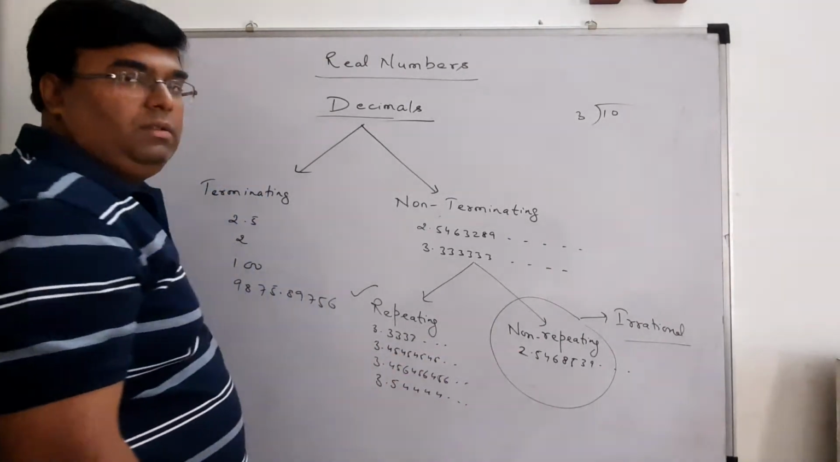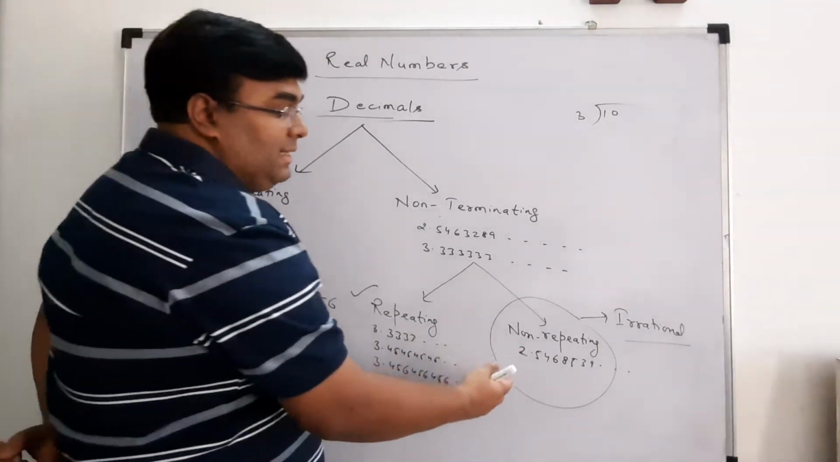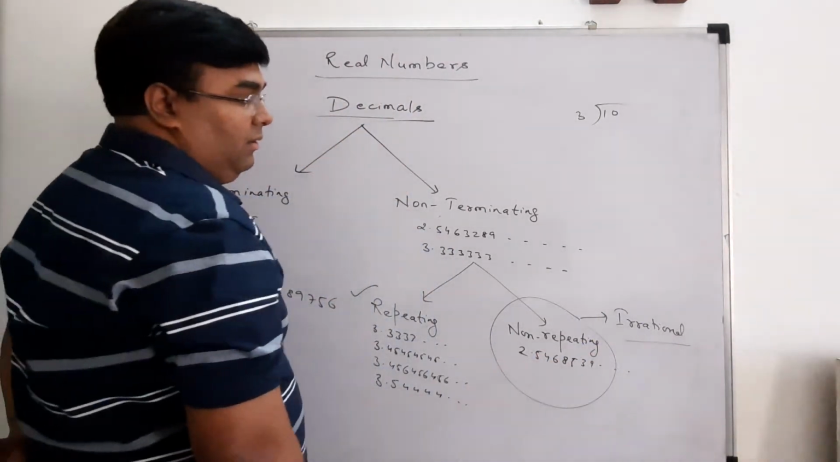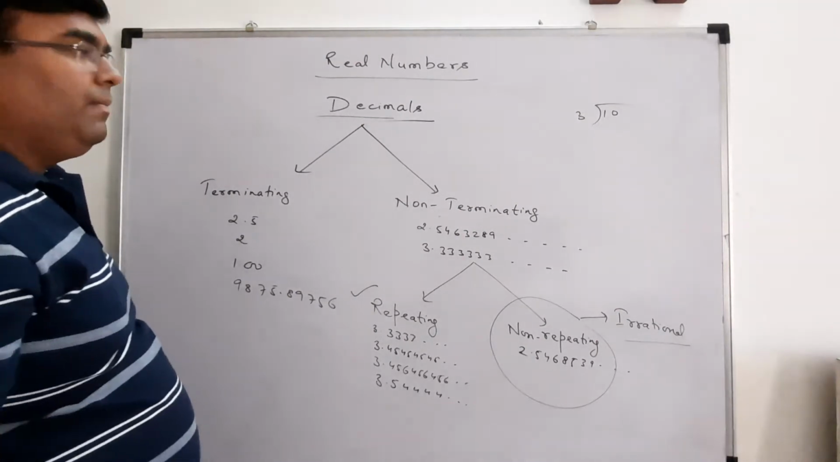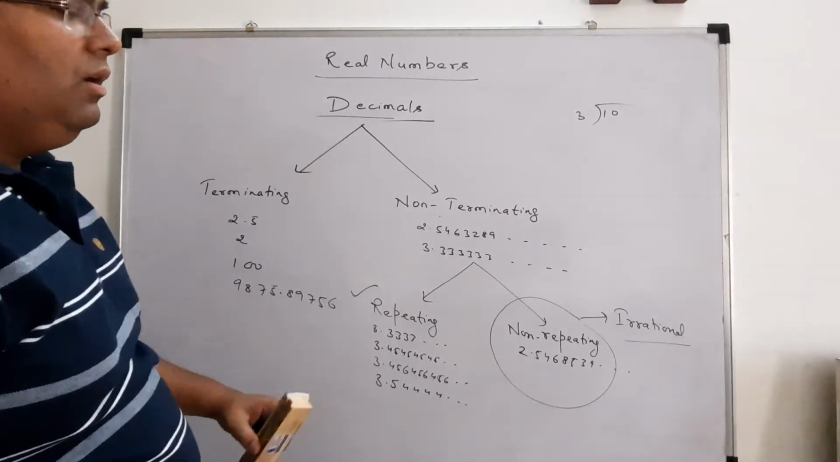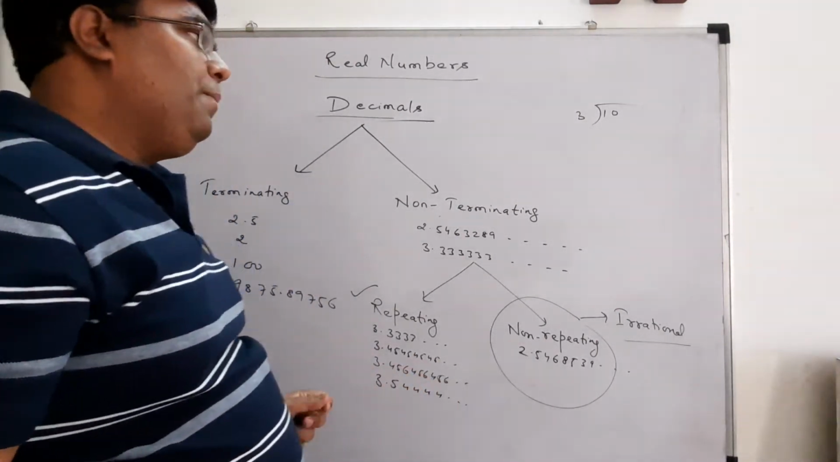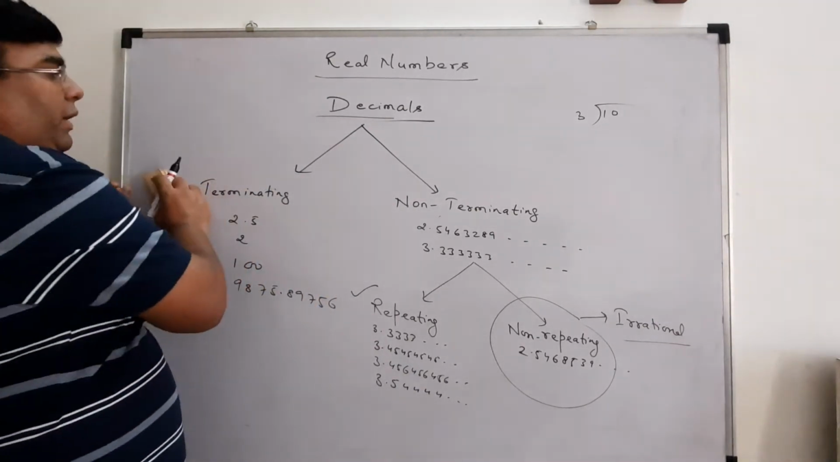This we cannot convert, because we don't know where it ends and what we will write in the denominator, 10, 100, 1000, we don't know. So this is called non-repeating. Clear? Okay, next is